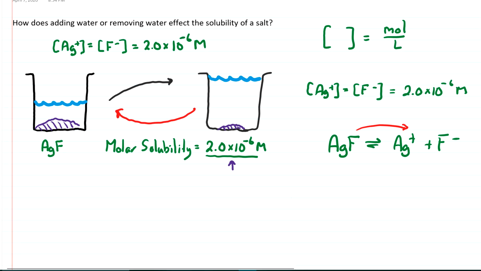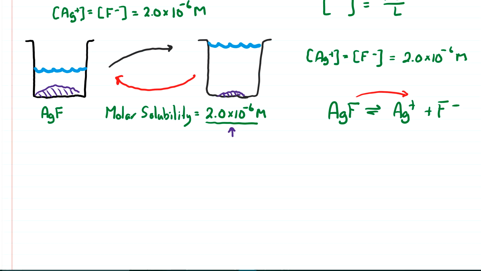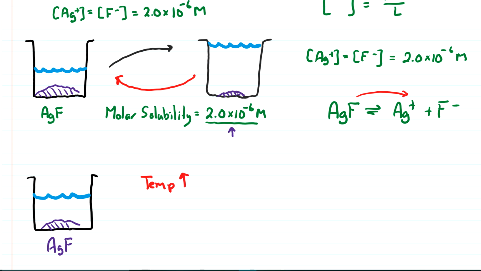But let's say you took this beaker, this saturated solution, I'll just draw it out again, and let's stick with our precipitate being the silver fluoride. So just draw a little layer down here. And let's say that you were to take the temperature and you increased it, you caused the temperature to go up. Now you would have to know something about the reaction. We've seen from early on that